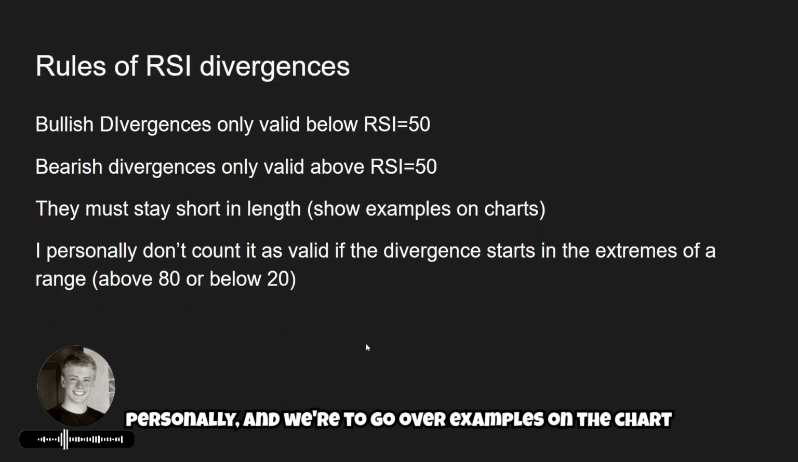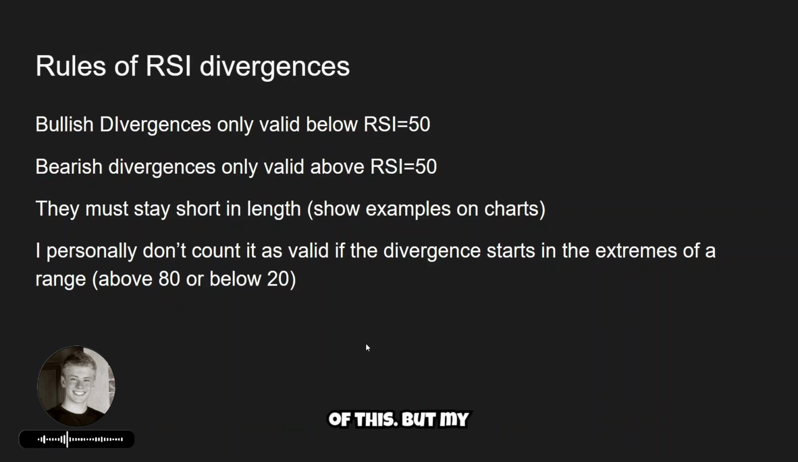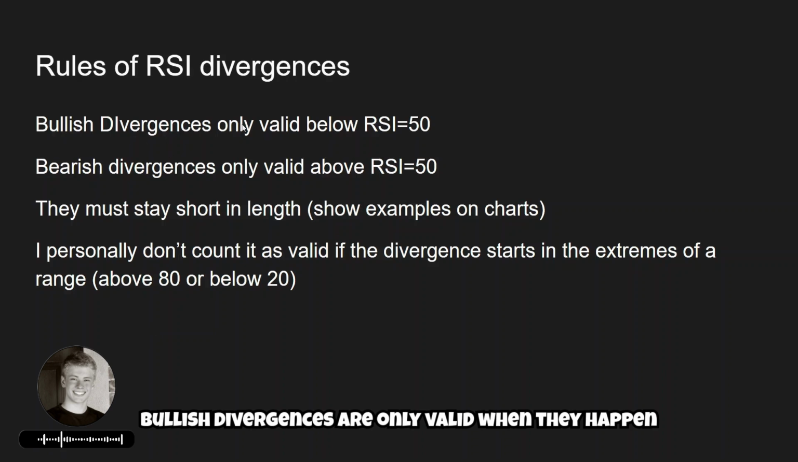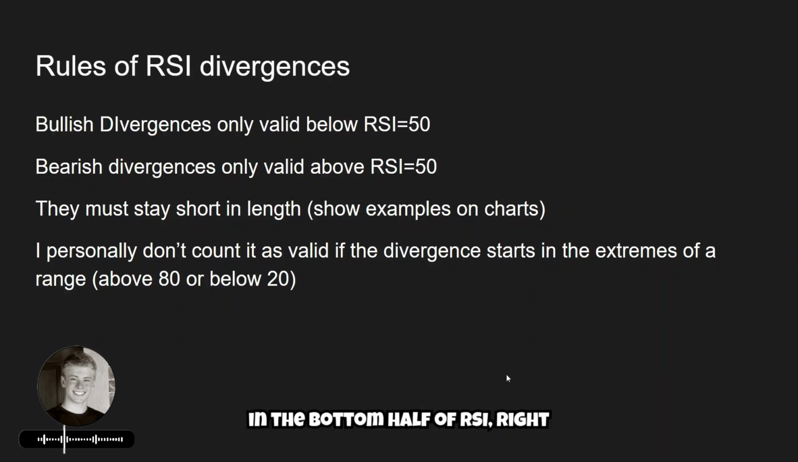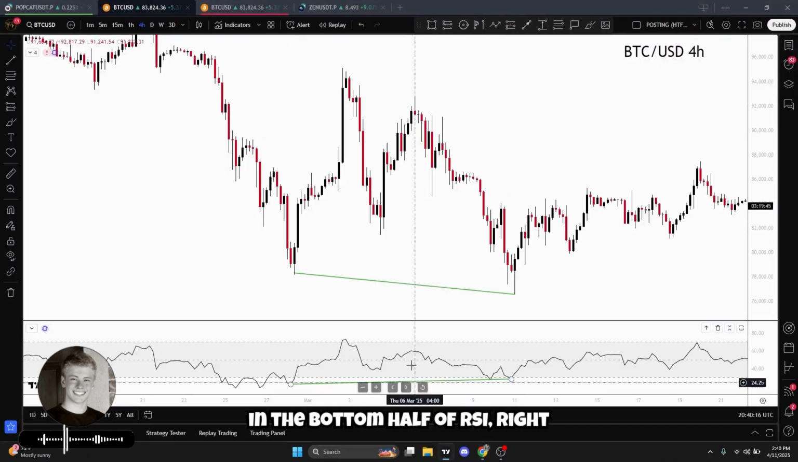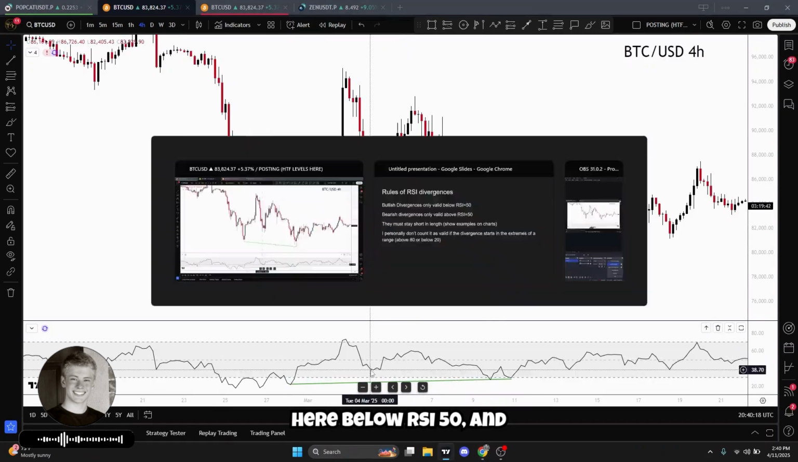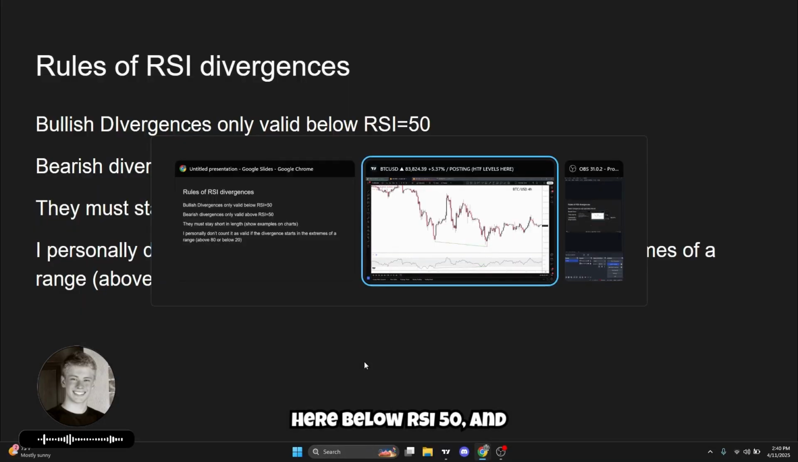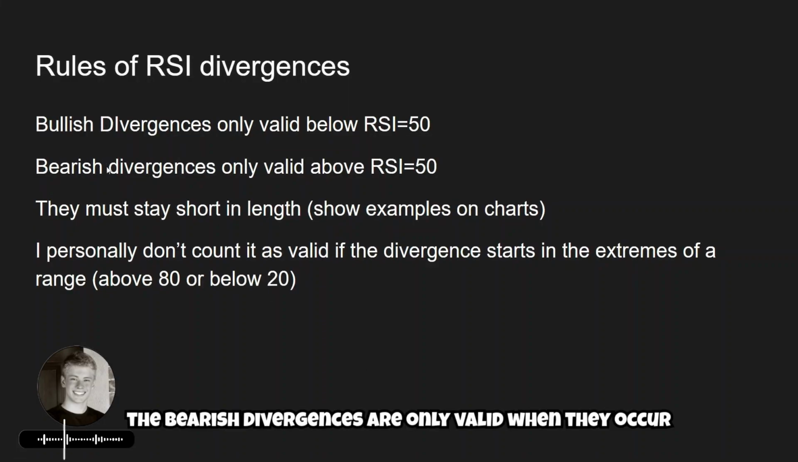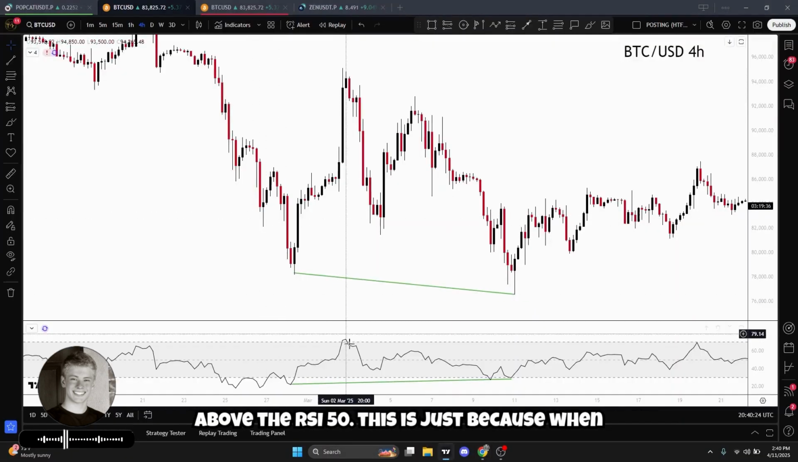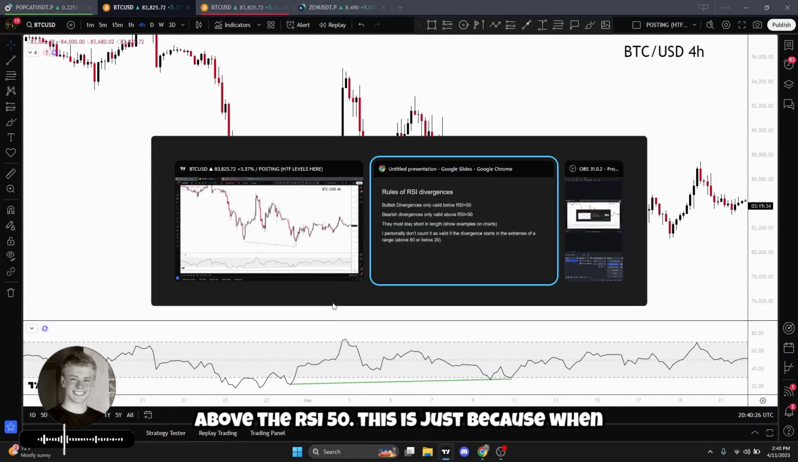Personally, and we're going to go over examples on the chart of this, my rules for RSI divergences are that bullish divergences are only valid when they happen in the bottom half of the RSI, right here below RSI 50. And the bearish divergences are only valid when they occur above the RSI 50. And this is just because